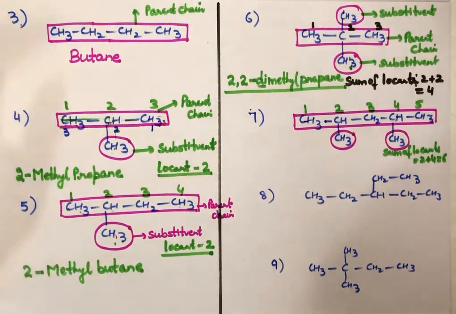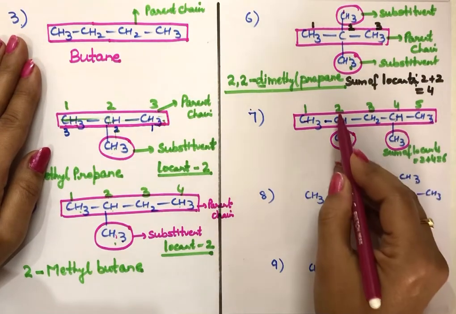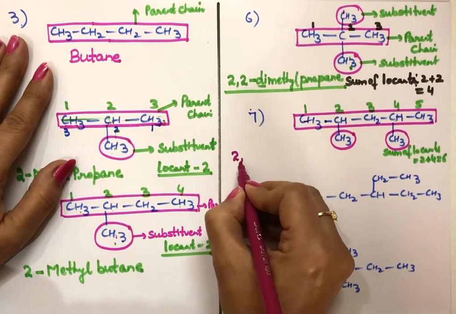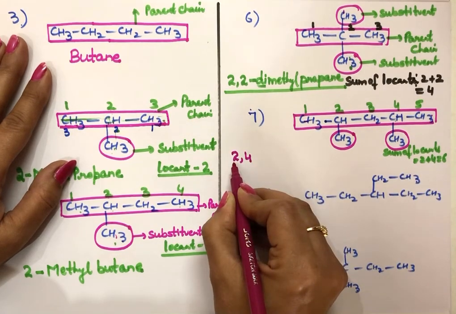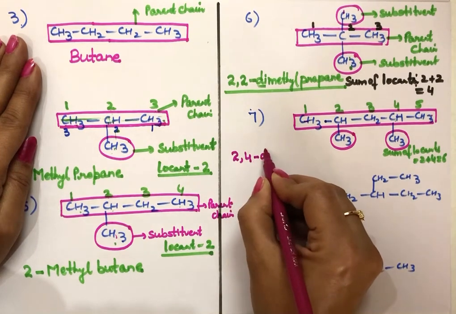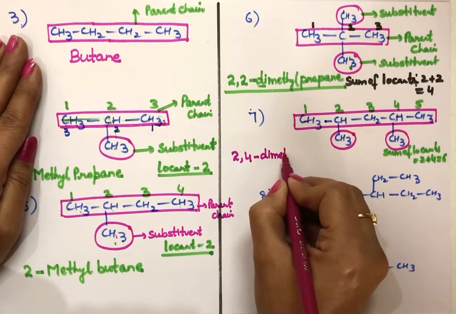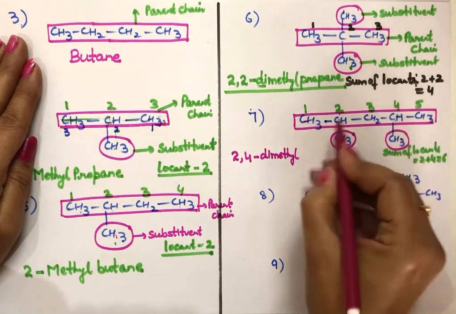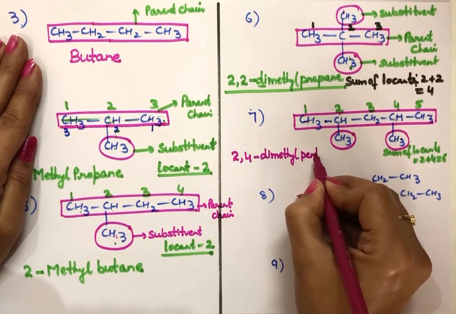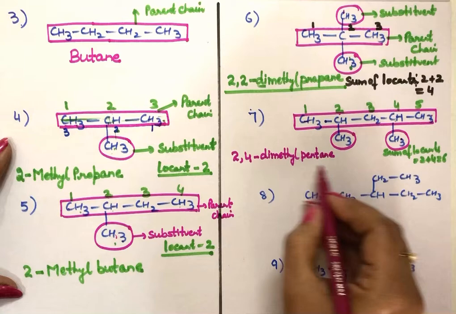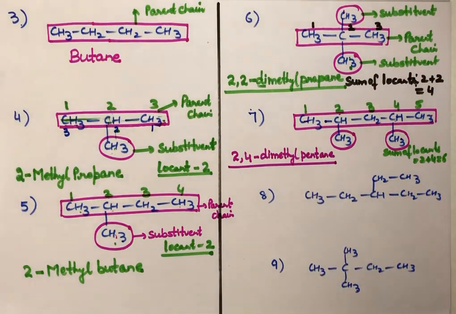After this, the name of the compound. Both the substituents are the same. One is linking with the second carbon, another one with the fourth carbon. So again we'll write 2 comma 4. That shows one substituent is with the second carbon, another one is with the fourth carbon. And then we write di and methyl here. So 2 comma 4 dimethyl. Now chain, 5 carbon atoms is pent. Carbon atoms linking by single bond means it's ane. The name of this compound is 2 comma 4 dimethyl pentane.